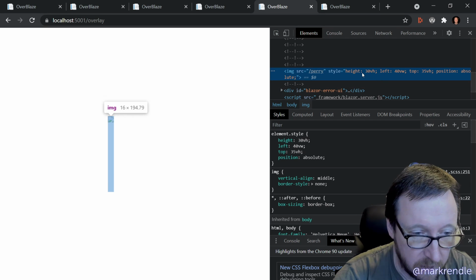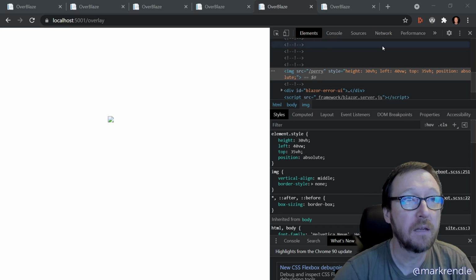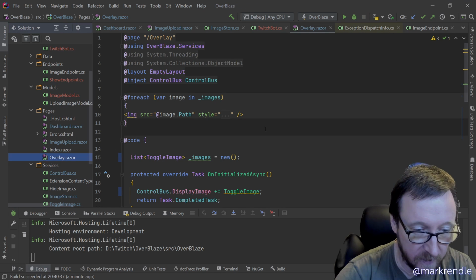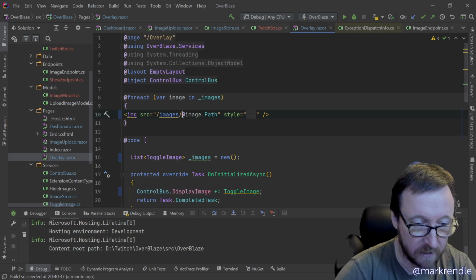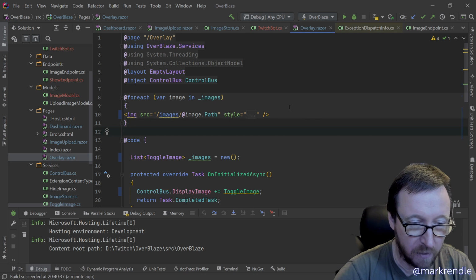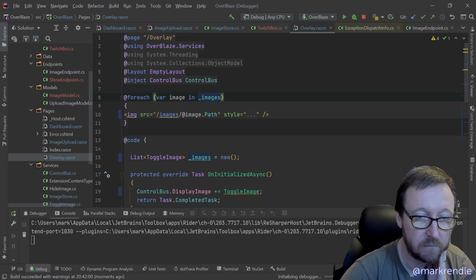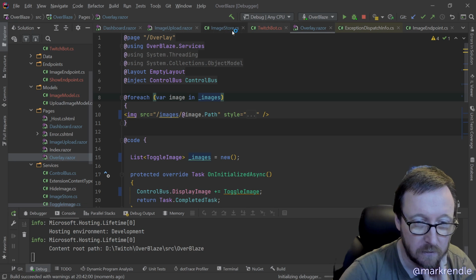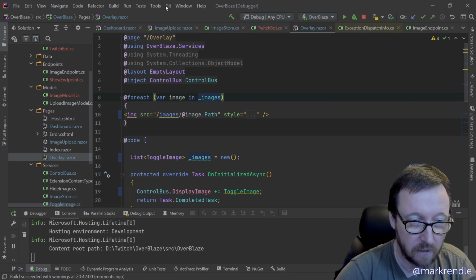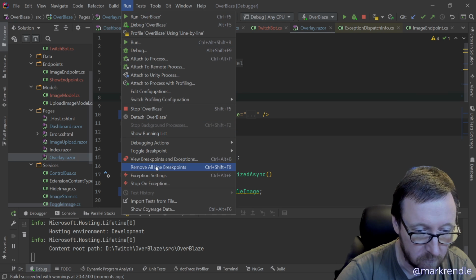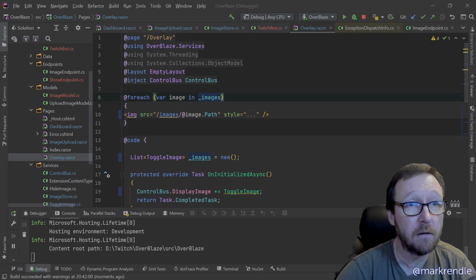So image src/Perry. Oh, so that should be images/images/Perry. That's all that is. That's fine. We can fix that. /images/image.path. Okay. Run, remove all line breakpoints, and then now properly dynamically